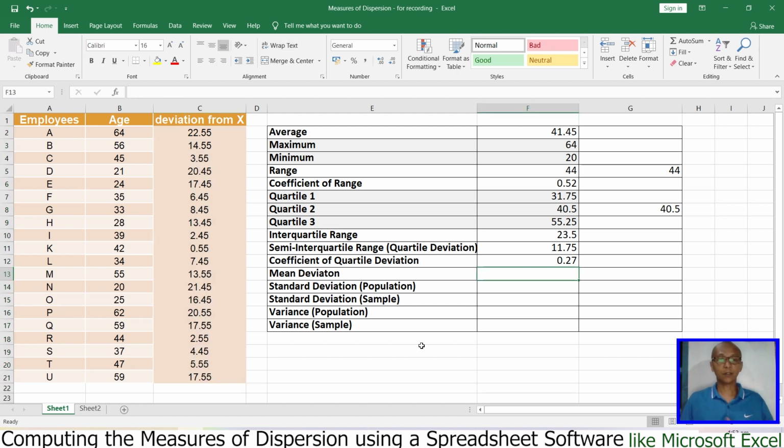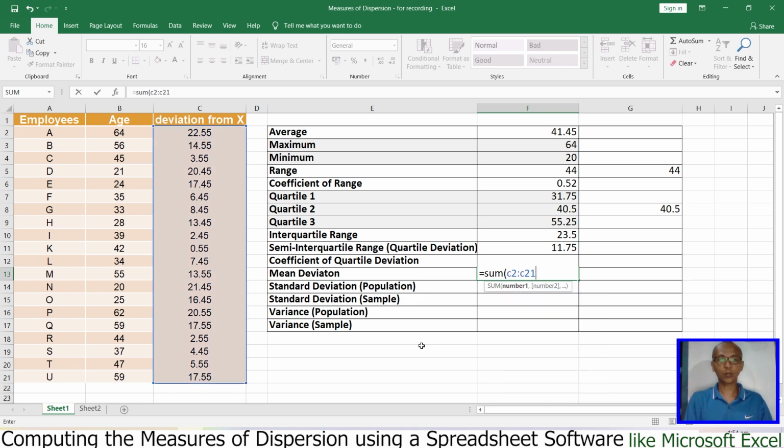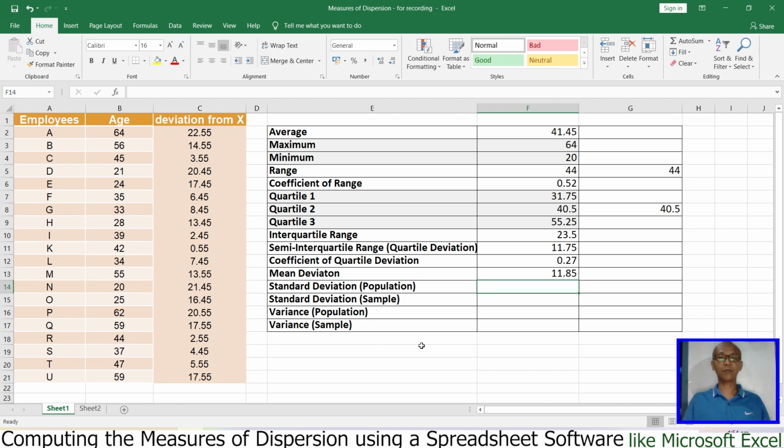So to get the mean deviation using the values in column C, we can have sum of C2 to C21 all over the number of data values, or our n. And in this case, we have 20. So the mean deviation is